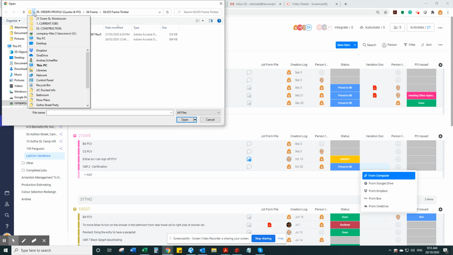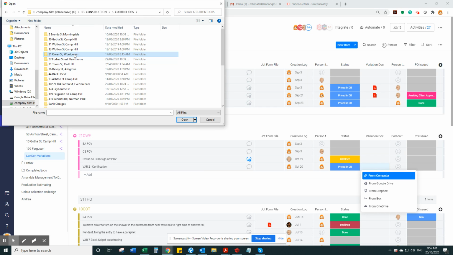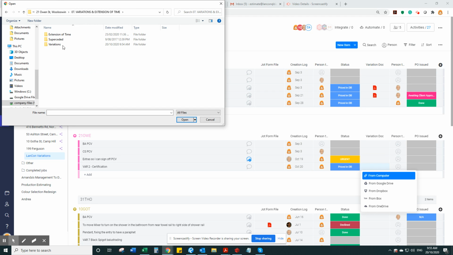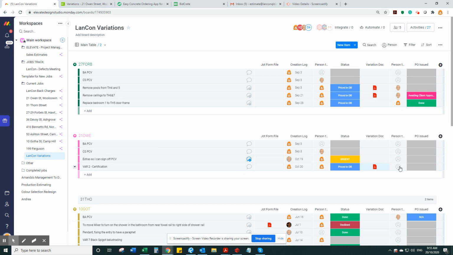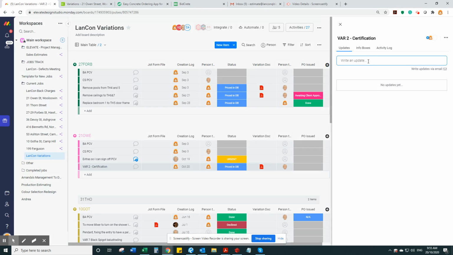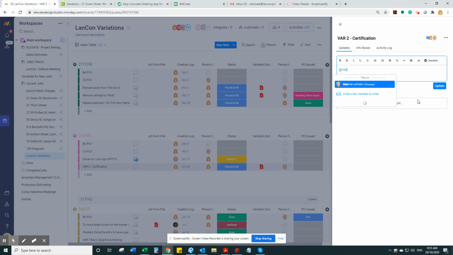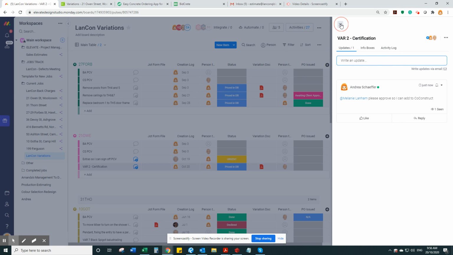So this is the document that we just created. So it's in 21 Owen in the variations folder, variations, variation 2, variation. So then we have person to action. So then I just need to get the director's approval there,